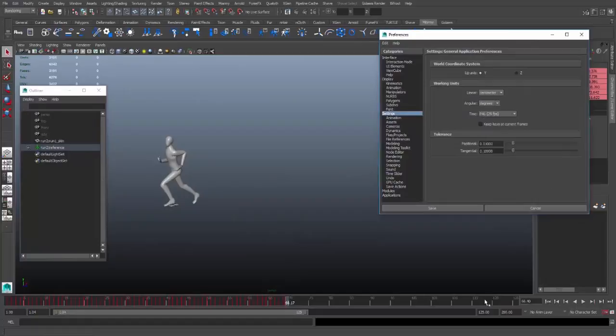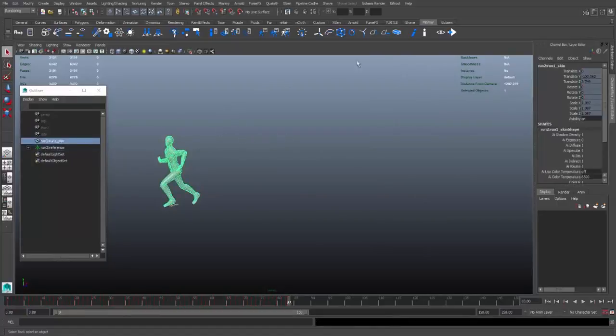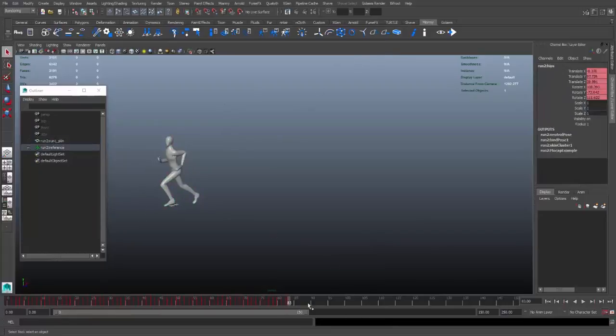Nope, it's not. Let me see. No, it's not working. Well, 30. Yes, now we have an exact number here. And I think these mocap files just start from 0. Yes, I'm right. Okay, now I want to export this mesh as an Alembic and then import it to Houdini. So to do that, as we know, it's 83 frames,